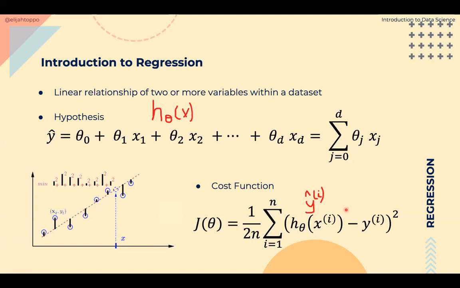For now, we can say that the cost helps us find out how good our model is. Our model depends upon these parameters called weights, which we are naming theta 0, theta 1, theta 2, and theta d. To know how good these parameters are, we put these thetas into this cost function, which takes theta as an input and gives out one number. So if I have to compare two models, I can compare their cost functions. The one with the lowest cost function is the better model. Let me go ahead.